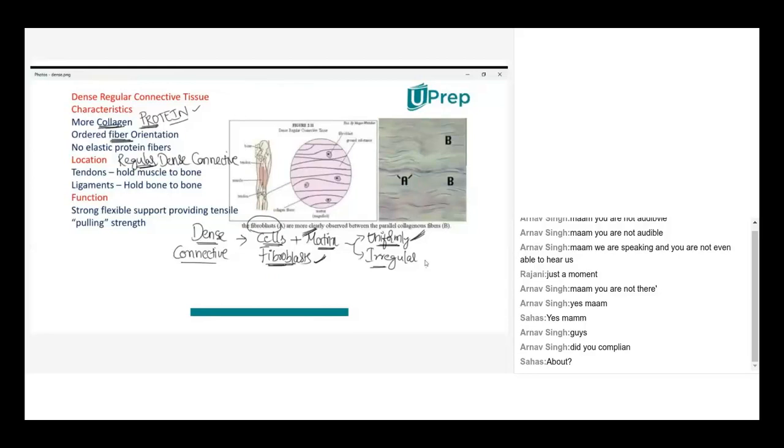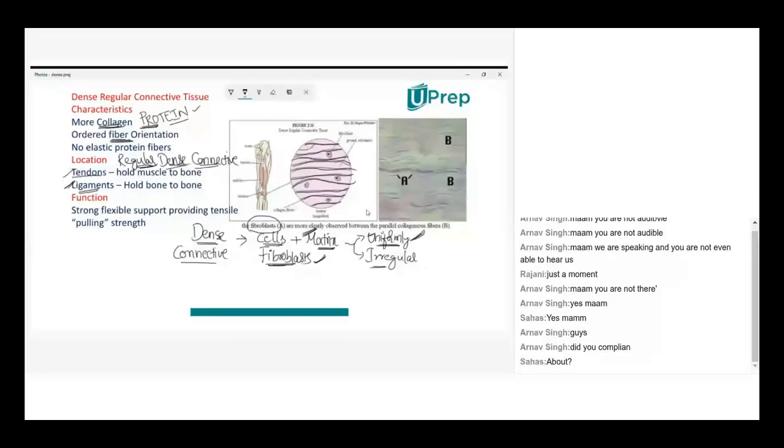So this is the example here. See, they are arranged uniformly, not randomly. Somewhat like linear lines, they are arranged. I'm just drawing on the lines in the picture. Just observe that. Okay. This kind of collagen fiber arrangement you will find in bone parts, especially tendons and ligaments. These are the two terms. Tendons and ligaments are the structures in which you will find regular dense connective tissue. So the collagen fibers are arranged like this uniformly.